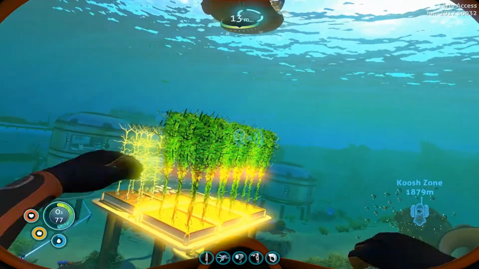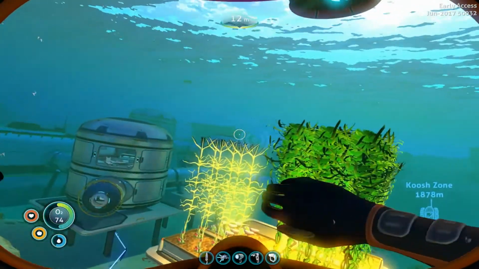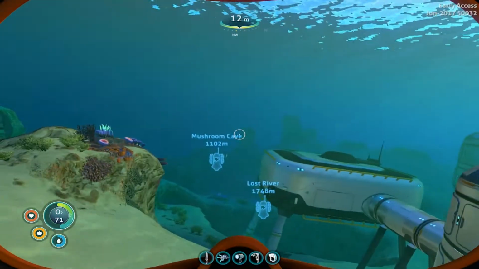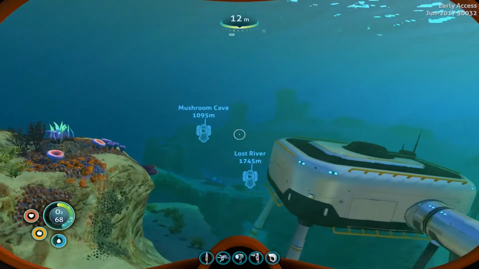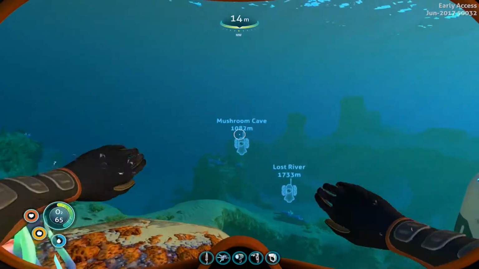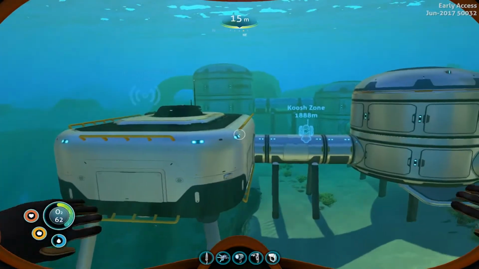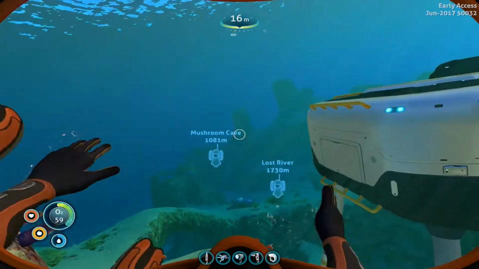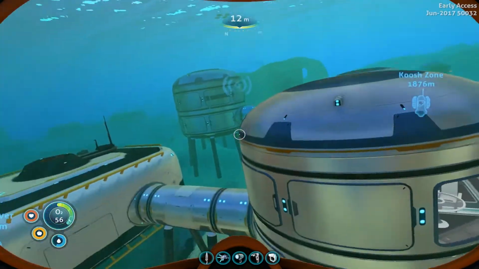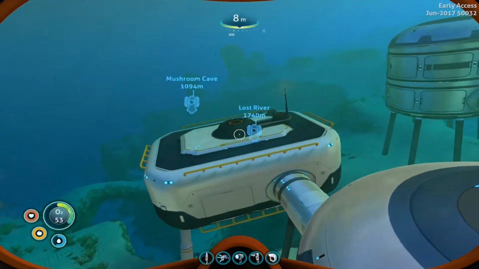Like I said, the Energy Pulse Origin isn't bad, but that's still another 500 meters away from the Mushroom Cave entrance. So that definitely seems like our better option, other than the other last beacon, though I imagine, by the way these are spread out...